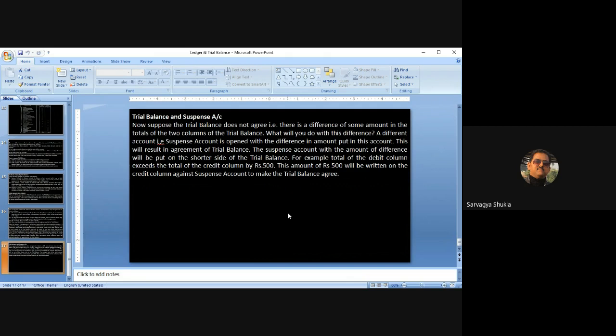The suspense account with the amount of difference will be put on the shorter side of the trial balance. For example, total of the debit column exceeds the total of the credit column by rupees 500. The amount of 500 will be written on the credit column against suspense account to make the trial balance agree. ठीक है, तो ये हमारा पूरा प्रोसेस है ट्रायल बैलेंस और लेजर में पोस्टिंग करने का।